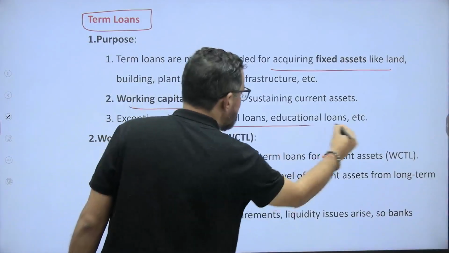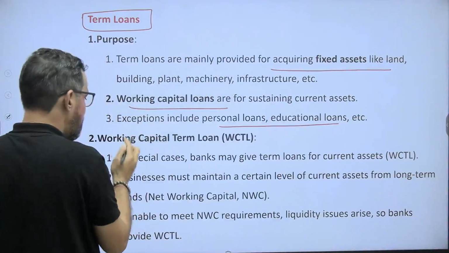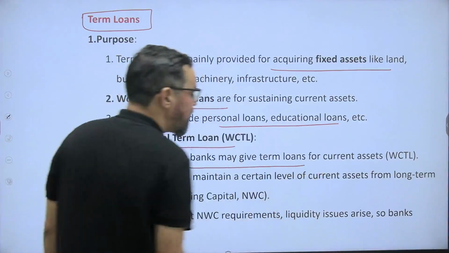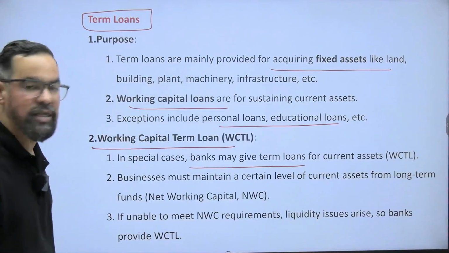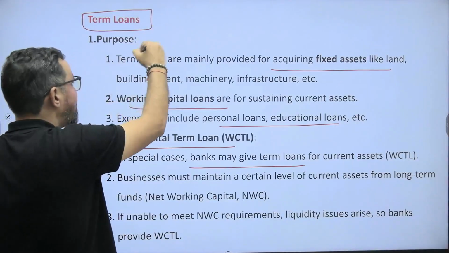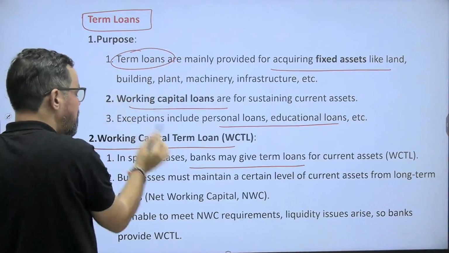Include the personal loan. This is generally part of this one. Okay. Working capital loans. In special cases, bank may give term loan for current asset also. It depends on the case to case. Okay? But usually the motive is term loan for long term period and working capital is for the short term